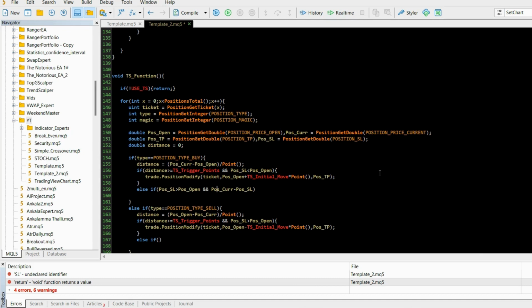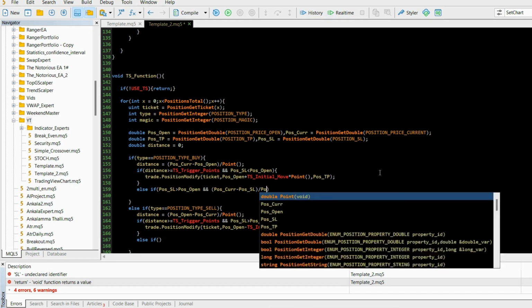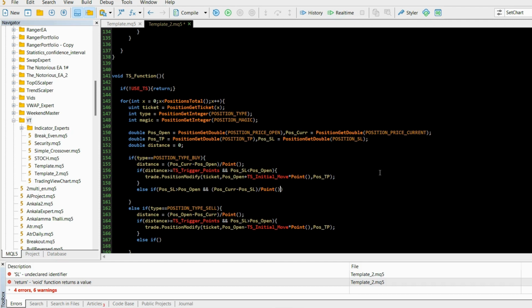Okay, so now we are receiving our distance divided by point. So now we deal in the whole numbers, which is great, is larger than,